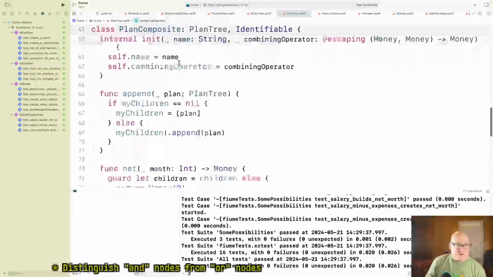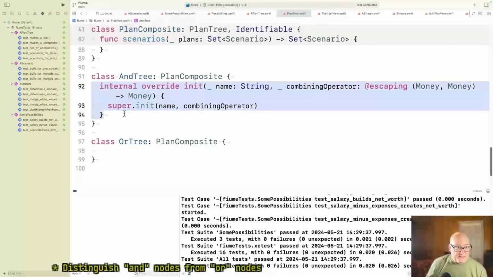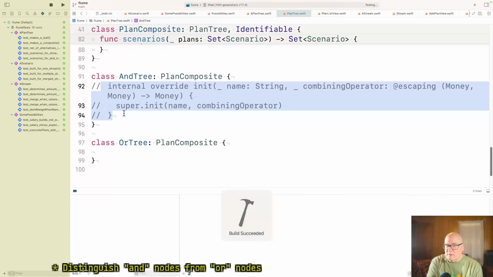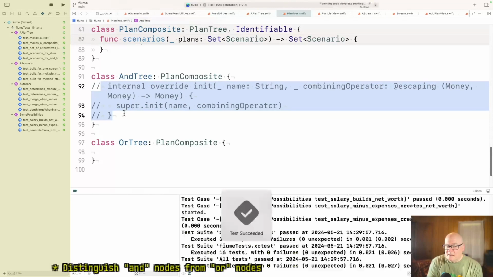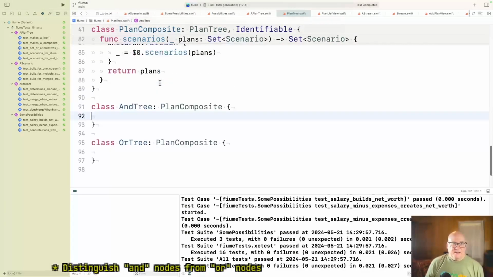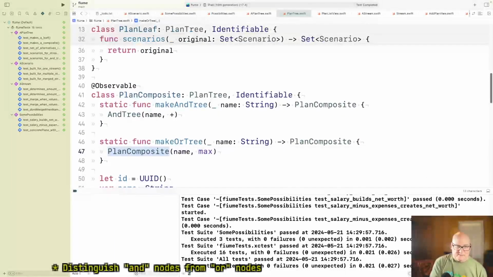All right, now my question is, I always mix up between languages, do I have to have this? Well, I'll comment it for now. I think Swift will automatically provide an override. Yes, okay. All right, that's good. And now, if that worked for AND tree, then OR tree is not going to be any different.